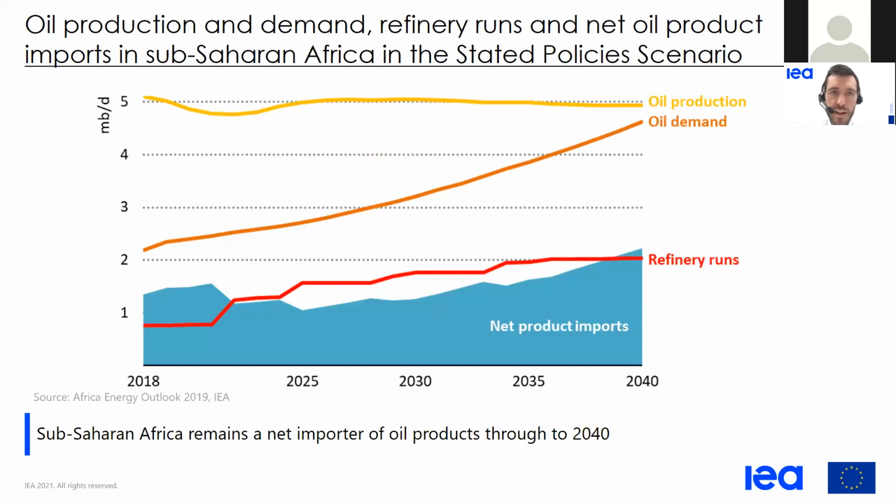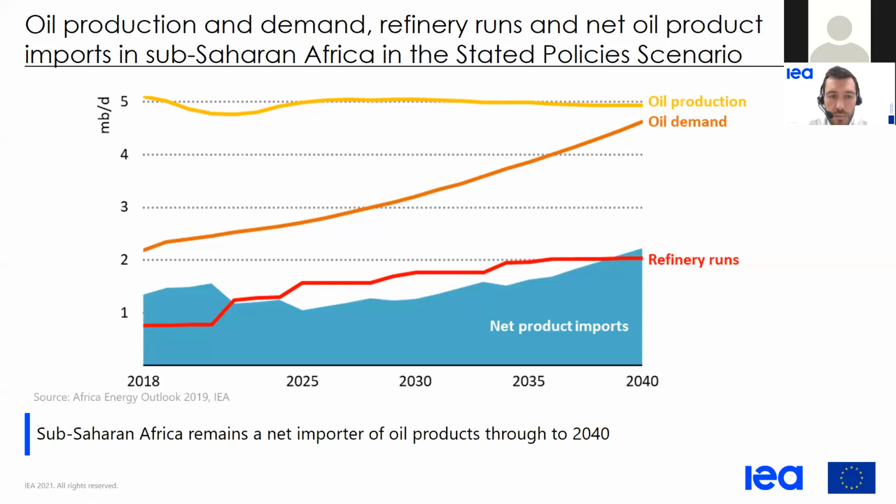So we've discussed discoveries, we've discussed production. If we look at oil and try to have a comprehensive analysis of the sector, upstream, midstream, and downstream, this is what it could look like. The yellow line is the expected oil production evolution in the future, just what we have seen in the previous slide. We do not expect the production of oil in sub-Saharan Africa to decrease or increase, but we expect it to remain stable. So this is the upstream part.